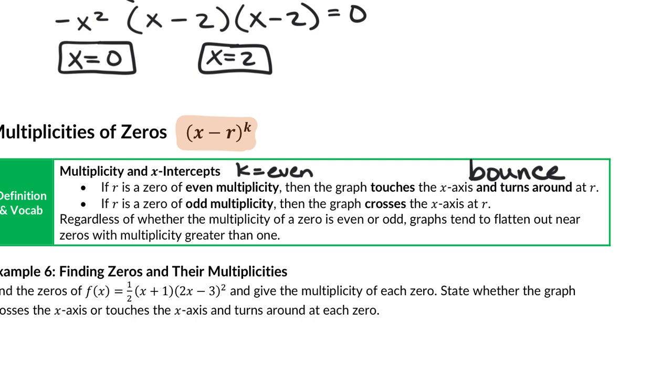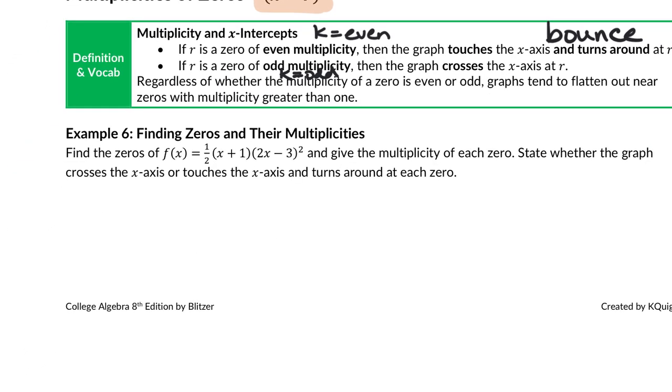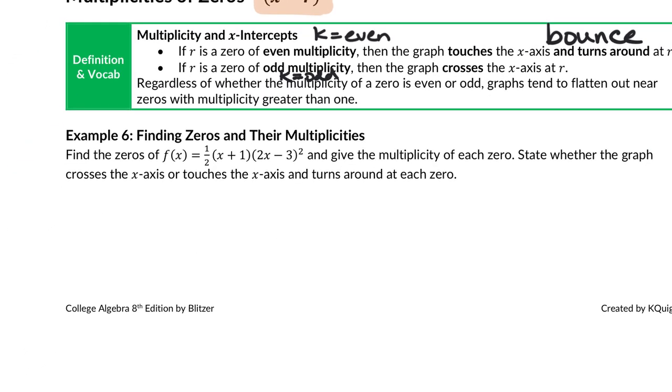If r is a 0 of odd multiplicity, meaning that the k is an odd number, then the graph actually crosses the x-axis at r. This is going to be helpful because we're going to be able to graph the zeros and decide whether it crosses through the x-axis at that 0 or if it bounces, touch and turn, at that particular 0. But multiplicities are really easy to see because once things are in factored form, we can talk about the multiplicity